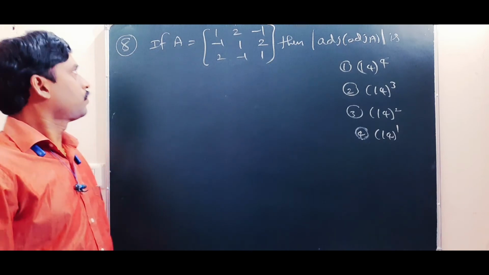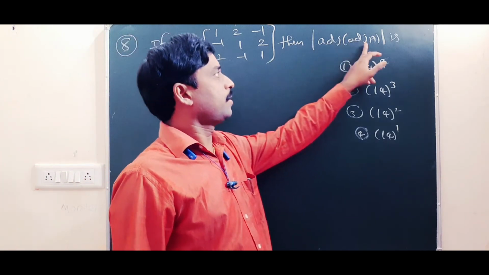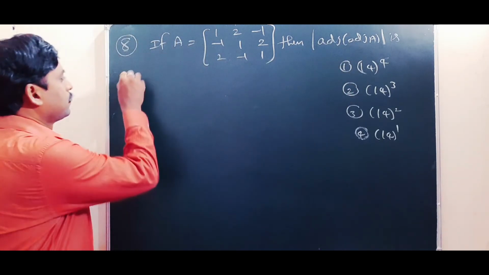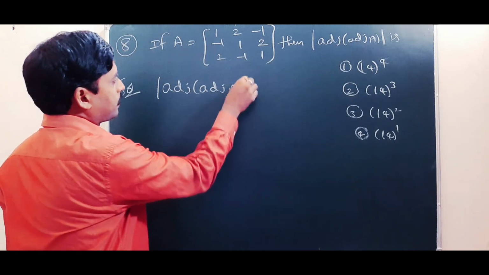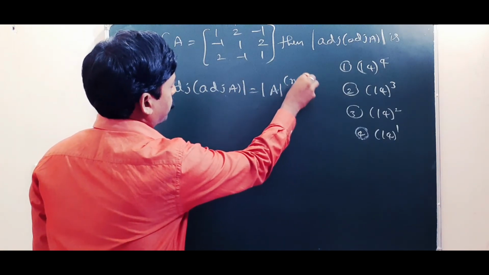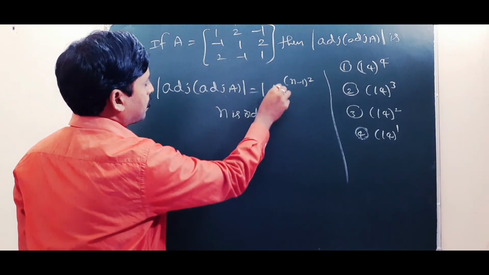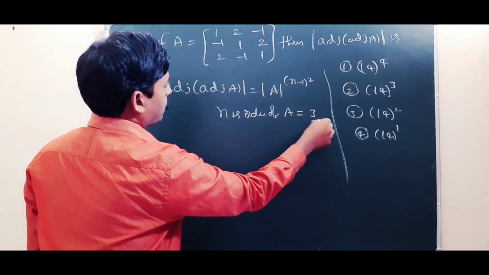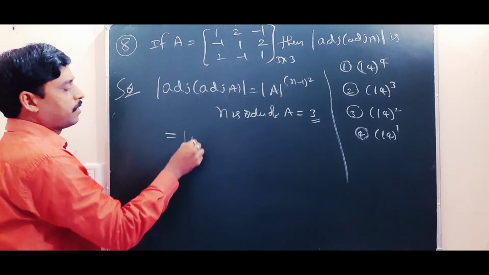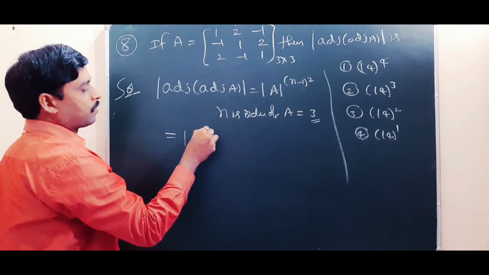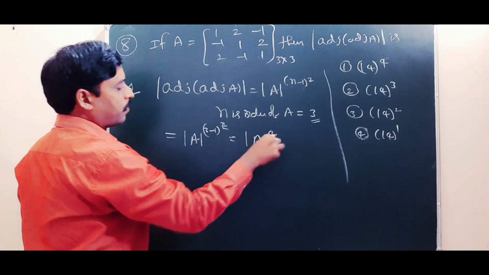Okay, now I am going to explain question number 8. In the statement, matrix A is given, and we have to find the determinant of adjoint A. We have: the determinant of adjoint A is (det A) power (n minus 1), whole square, where n is the order of the given matrix A. What is given? Order of A is 3, this is a 3 by 3 square matrix. It is going to be (det A) power (3 minus 1) whole square, which is (det A) power 4.